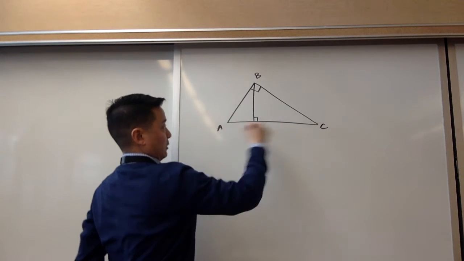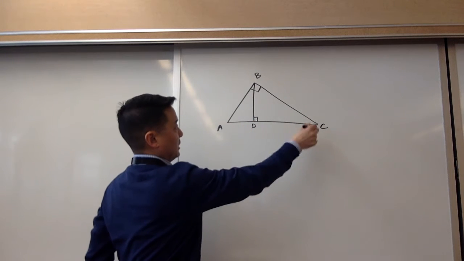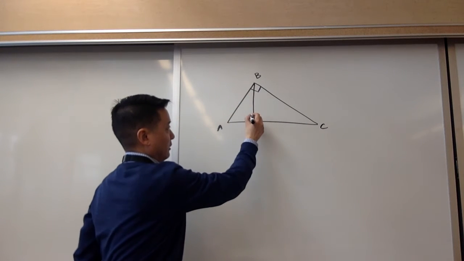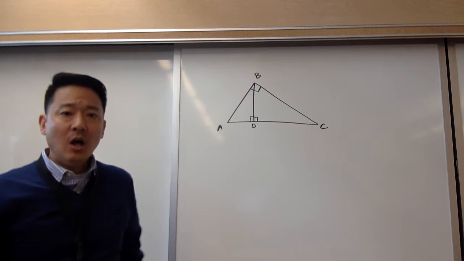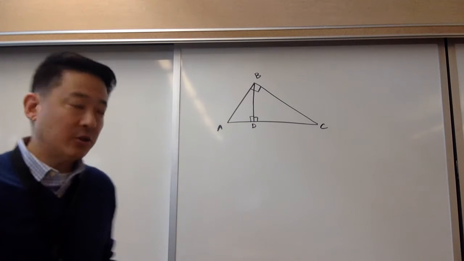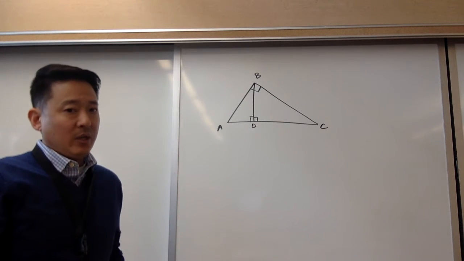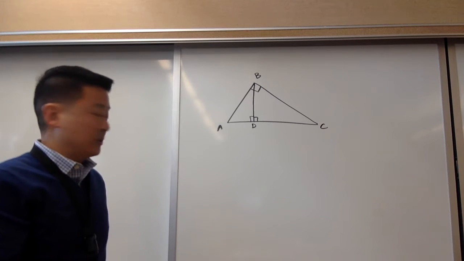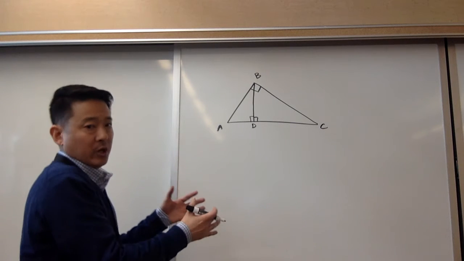There's the original triangle, which is the biggest right triangle. There's this medium triangle, and there's this tiny triangle, which is also a right triangle. All 3 triangles are similar to each other. So now that we know that we have 3 similar triangles, we know that there's a whole lot of proportions